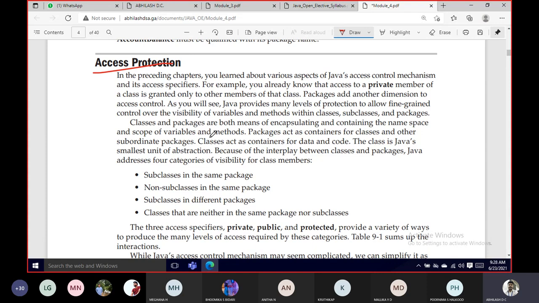Right, we'll come back to it. Classes and packages are both means of encapsulating and containing the namespace. What do I mean by encapsulating? Encapsulating is nothing but closing, holding, covering something. This covering should be open to valid people or valid programs. So packages act as containers for classes and other subordinate packages. Classes act as containers for data and code. The class is Java's smallest unit of abstraction,